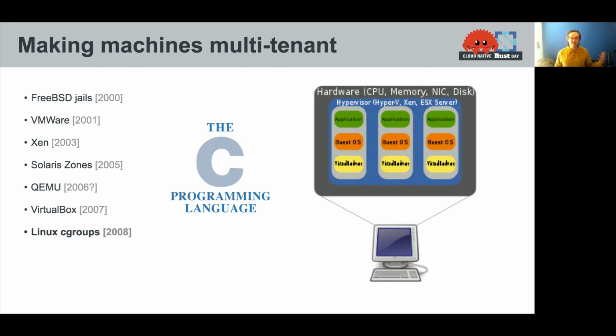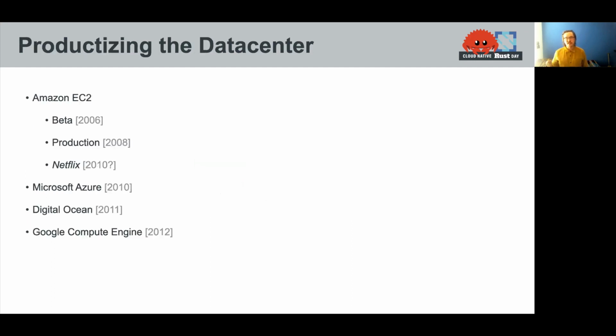And of course, all of this stuff is very low-level operating system that's maybe written in C at best, but also lots of assembly to get this stuff done, because you're virtualizing hardware. You're actually mimicking what a machine does. And this gave birth to a new set of products and services that we call the cloud today. And it really made the data center as a service, or the data center as a product. And EC2 was probably the first widely available one of these, and of course many have followed since.